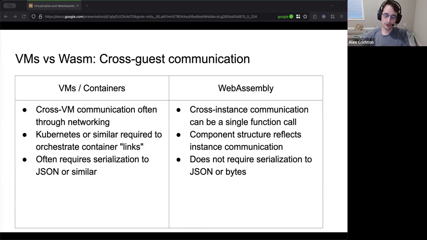So I was talking about the component model, how we're talking at a much higher level, because you can still talk about strings or records or variants and things like that. You can hop from one instance to another in as small as one function call. So you simply call a function, and the WASM runtime can switch instances very, very quickly. It does not require a lot of serialization, just moving bytes from one place to another.